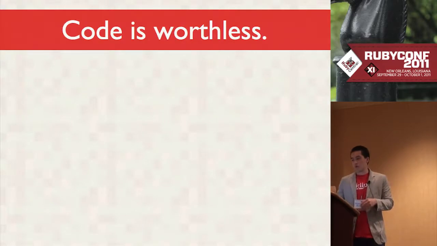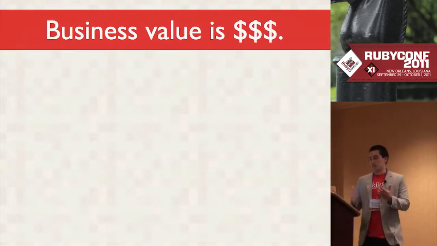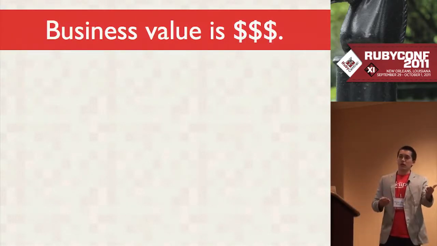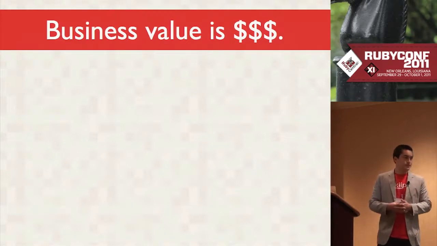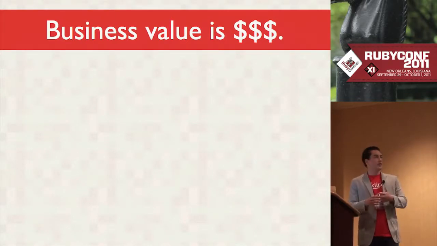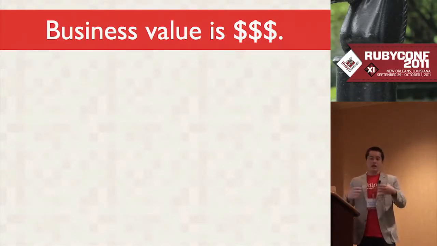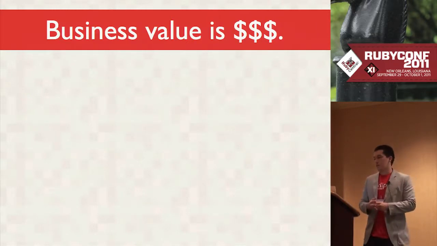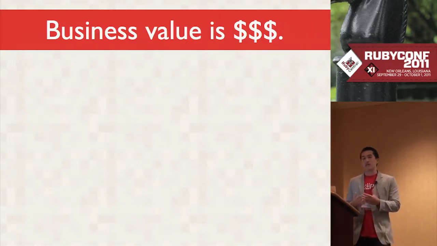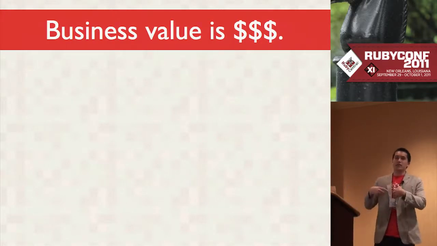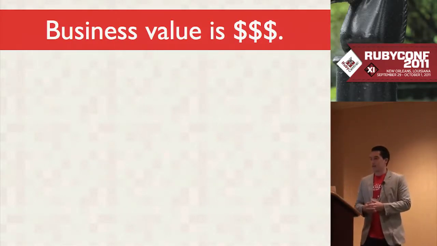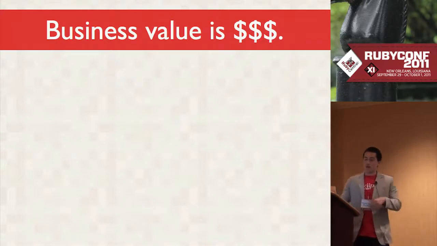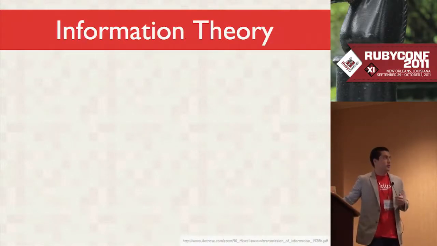I just want to see something work. So what is money? Money is the business value that your code is giving out. What everyone sees is what your code does, not how your code's written. So we're really writing tests in a way to assert that we're getting that value that we expect out of our tests. And that's kind of abstract, but we're going to go a little bit further.